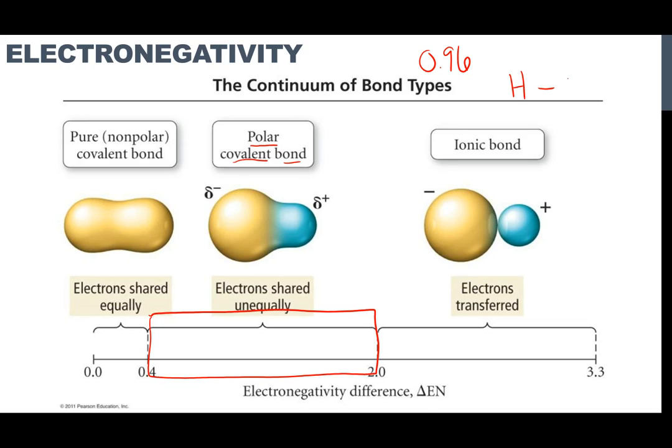Okay. So here's our bond. And remember, this had an electronegativity of 3.16. This had electronegativity of 2.20. So now we know they're sharing electrons. Now we know that it's an unequal sharing of those electrons. Now we need to decide who's big brother, who's little brother, who's going to have the partial negative, who's going to have the partial positive. Okay? So chlorine has the higher